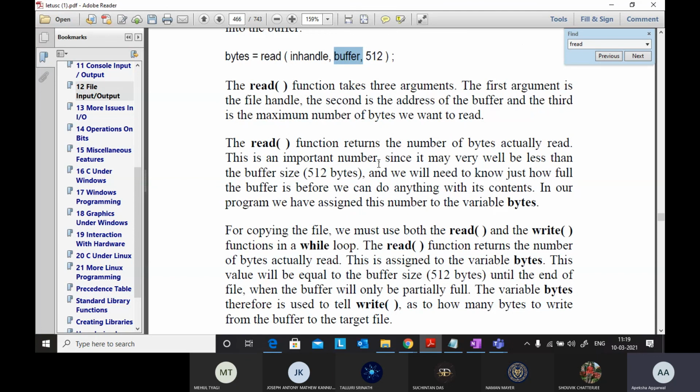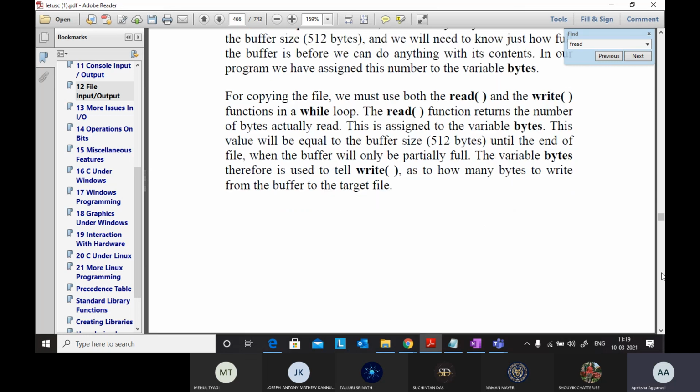So all the bytes written in the in handle will be copied to the buffer. Similarly, write has the opposite operation. Write will take the bytes from the buffer and copy them to the out handle. Out handle is nothing but the file descriptor of the target file.